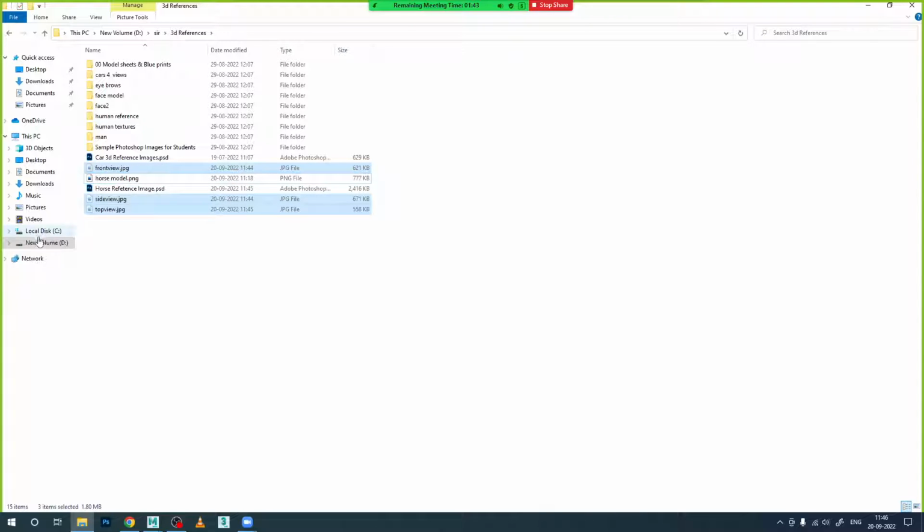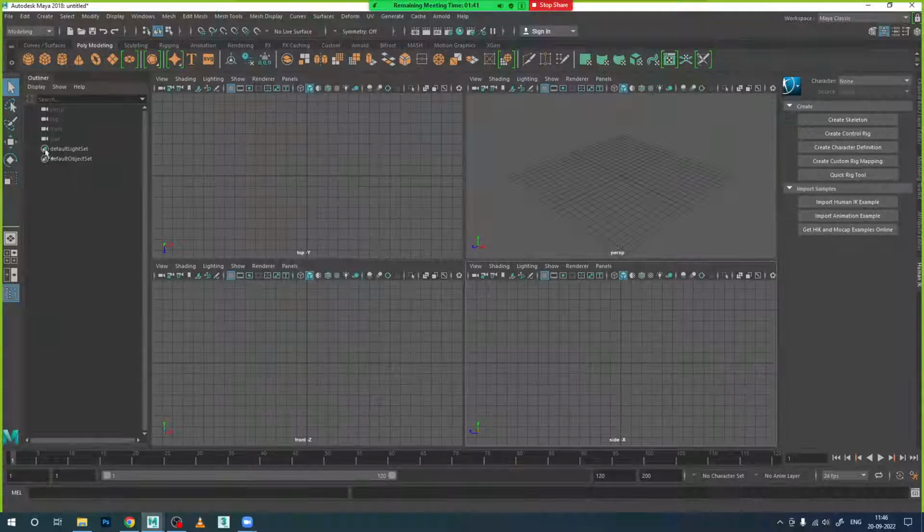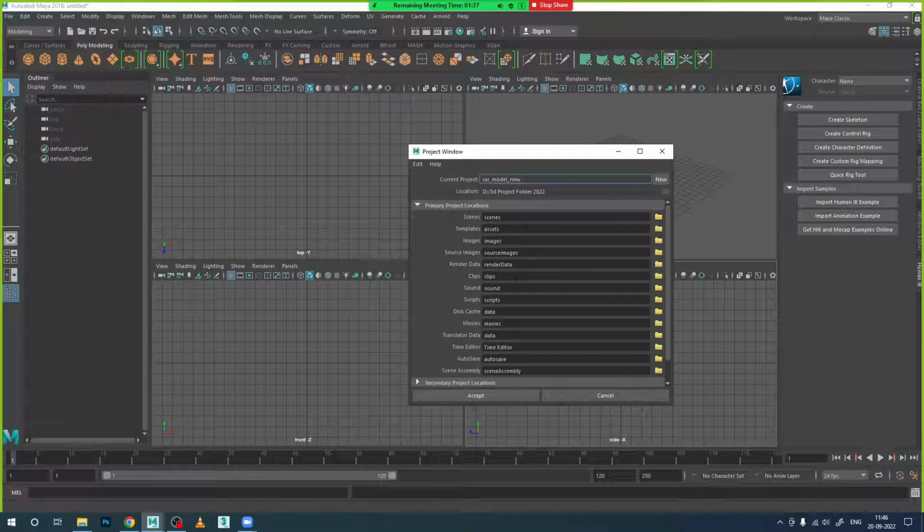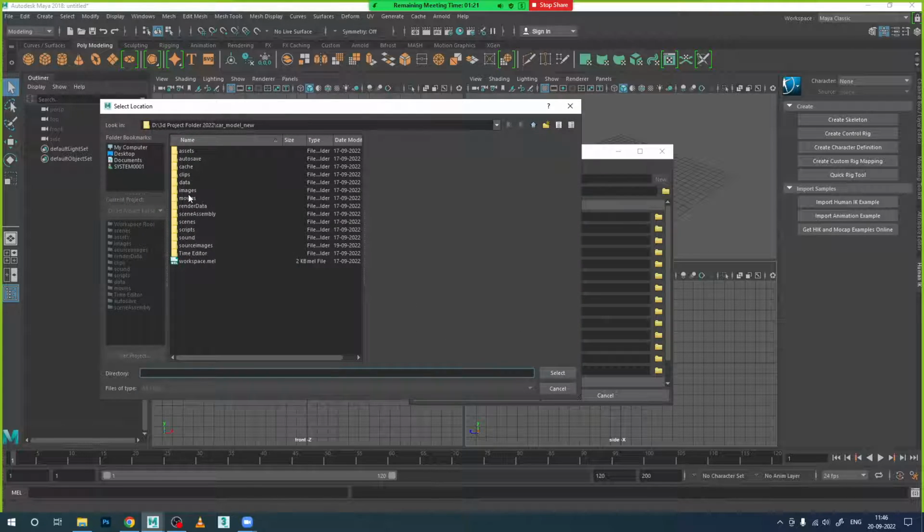So Control X. Now go and create the new project for this one. So file, new project, click this new. What is the model? Horse underscore model, yeah, 2022. Okay, now let's go to this option, browse it, and where it should be saved, outside this 3D